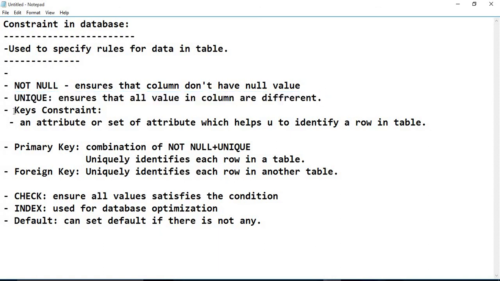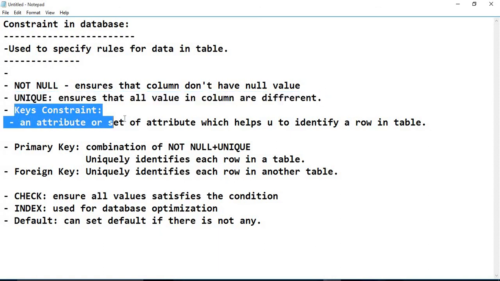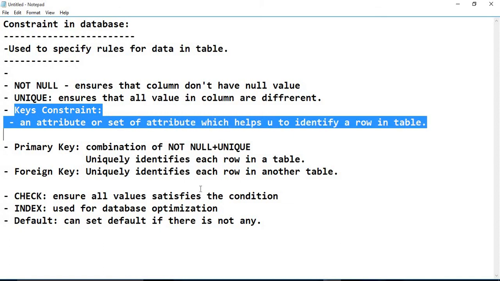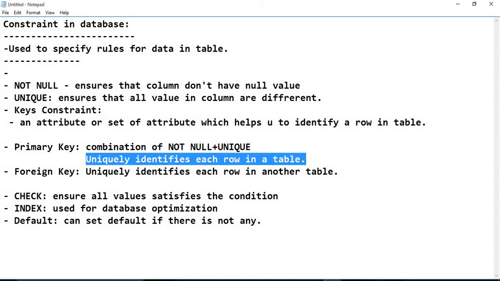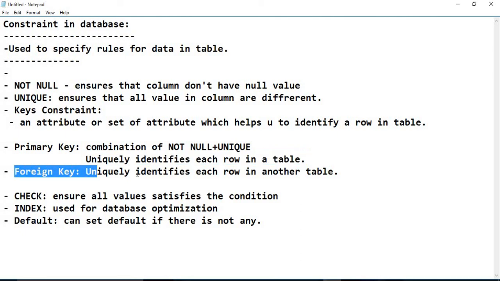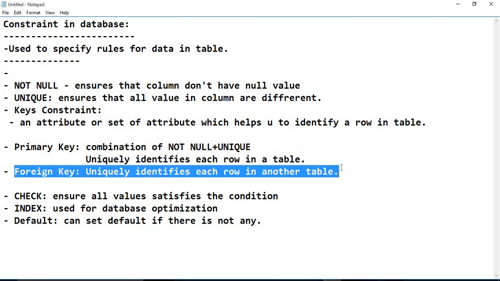Then key constraints: a key is an attribute or set of attributes which helps to identify a row in a table. There are various keys, like primary key and foreign key; we discuss two here. The primary key is a combination of NOT NULL plus UNIQUE and uniquely identifies each row in a table, whereas a foreign key uniquely identifies each row in another table.